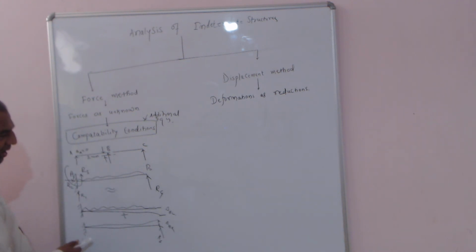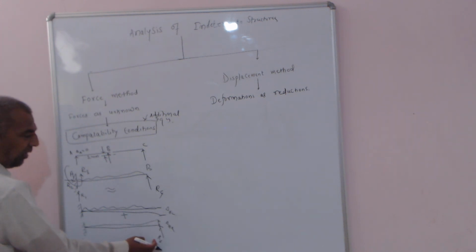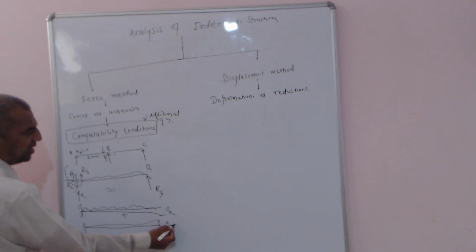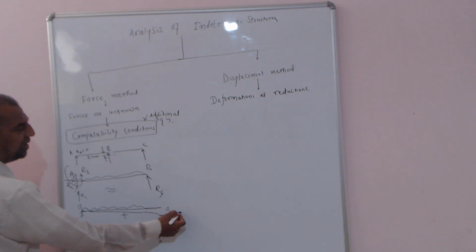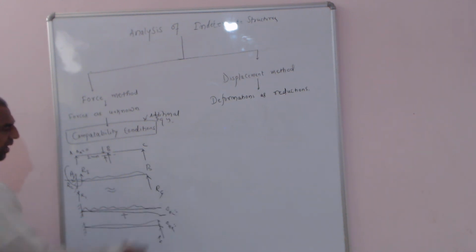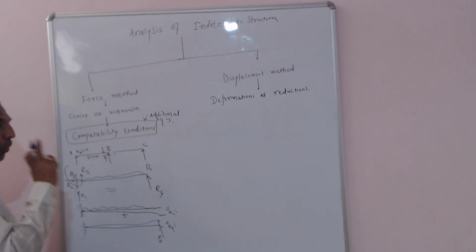You have studied it in the analysis of determinate structures: deflection at the free end of a cantilever beam subjected to a concentrated load is WL cube divided by 3EI. Just check it. So that will be in terms of this R4. This equation will be in terms of R4 and the other equation will be in terms of certain given numbers. Now comes the final condition. Three unknowns are there, I can get them. One more unknown, so one more equation is needed for me.